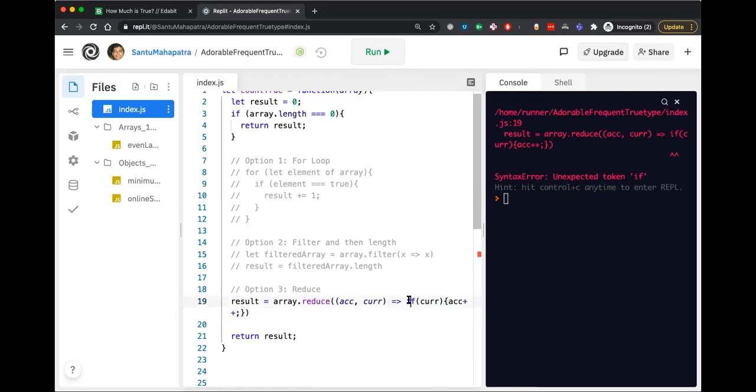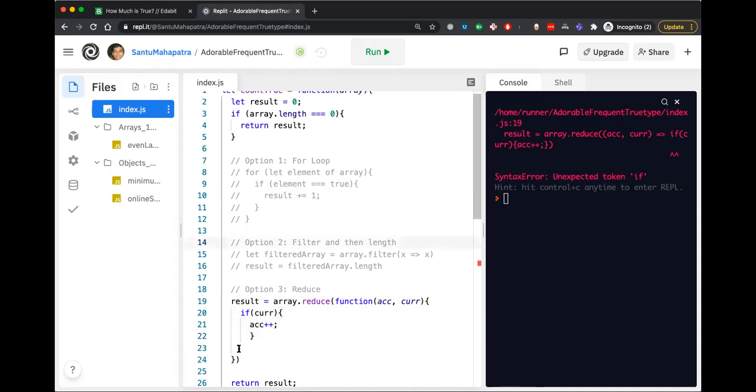Okay. If I have to use if, then I have to use this full syntax. Give me a second. So yeah, I pass the callback function here.